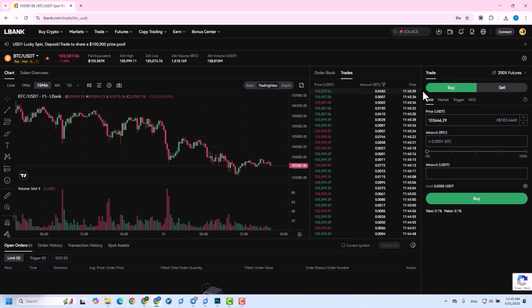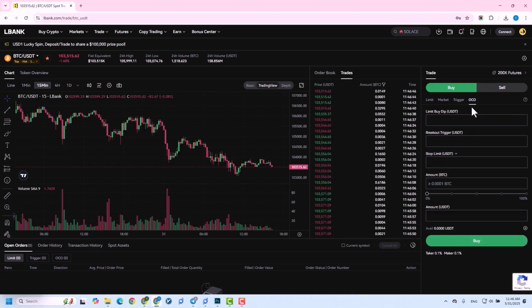In the Trade section, you can see the trading panel. In this section, the user can place their order using one of the following methods: limit order, market order, trigger order, and one cancels the other order, which is commonly known as OCO. The first section is for specifying the exact buy or sell price. The next section is for instant buying or selling at the best market price. In the Trigger Order section, you can place an order that is activated only when a specific price is reached. And the last option is a combination of a limit and a stop order, where if one is triggered,